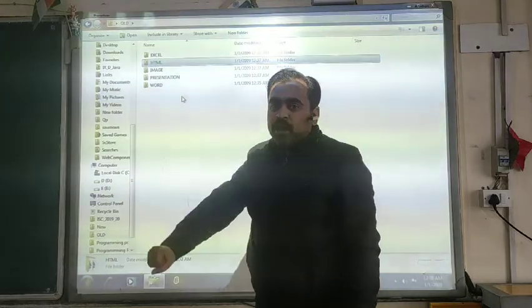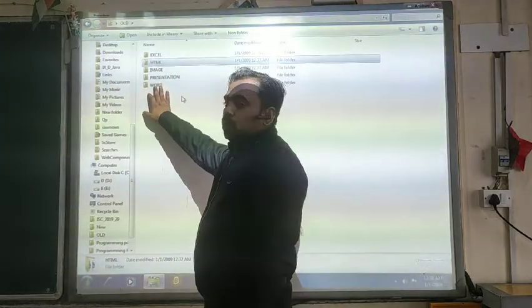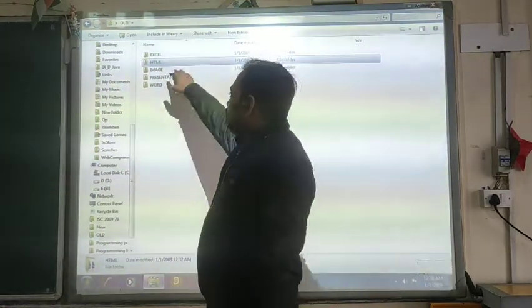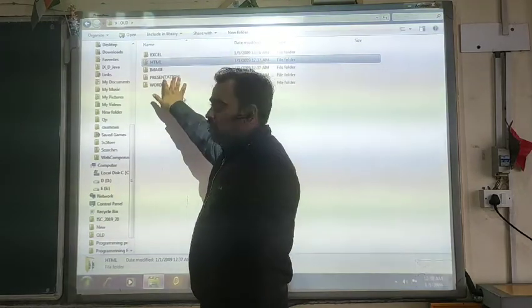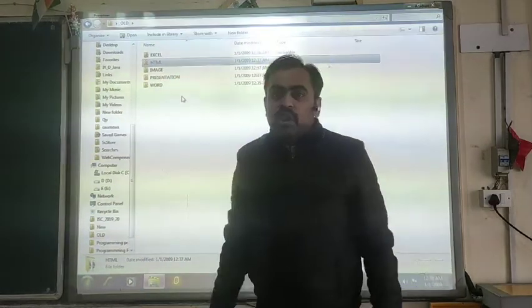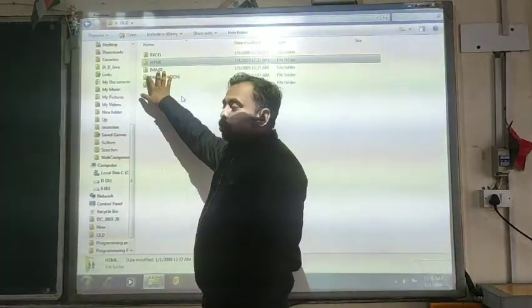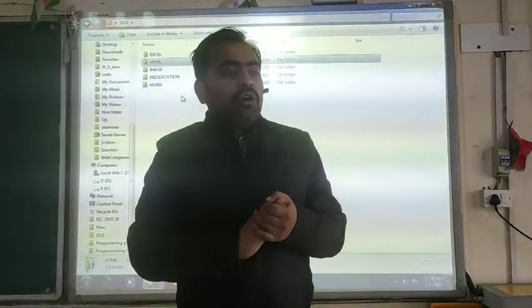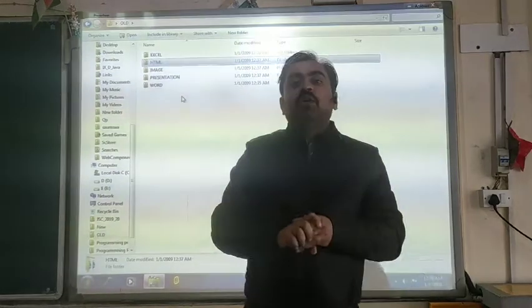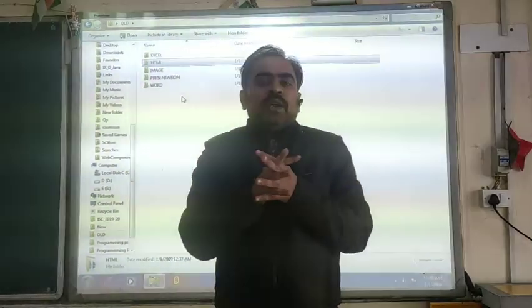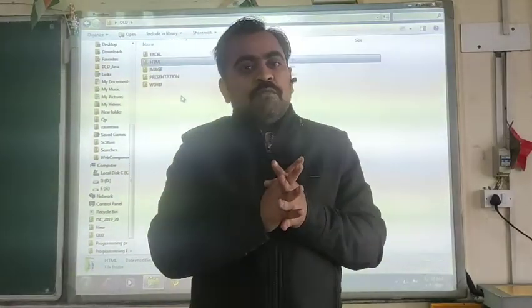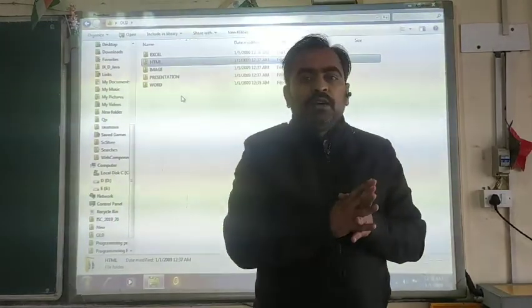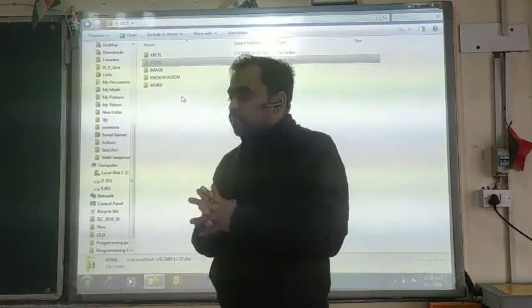Suppose you want to open a document, you can go to the Word folder. If you want to open a presentation, you can go to the presentation folder. Or if you are searching for an image, you can go directly to the image folder. So this is the best way in which we can keep our documents and necessary files organized in our computer system.